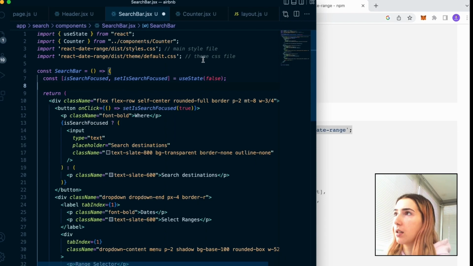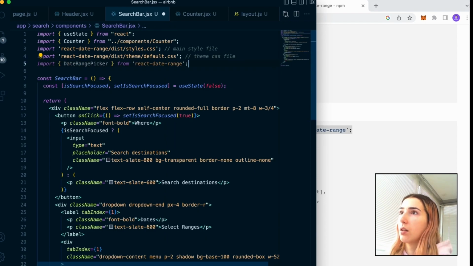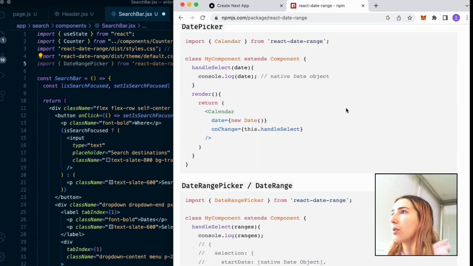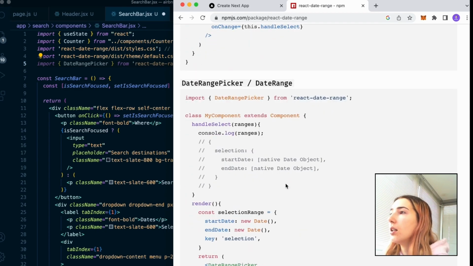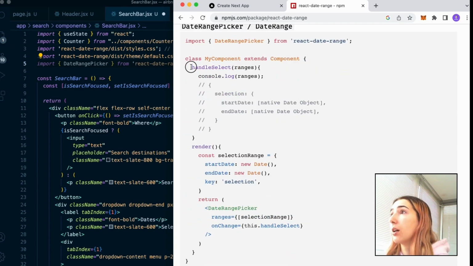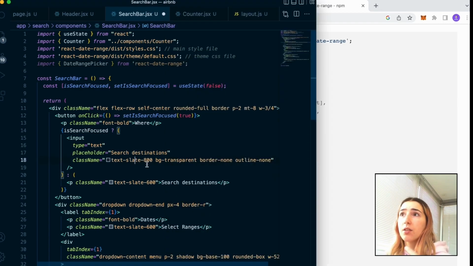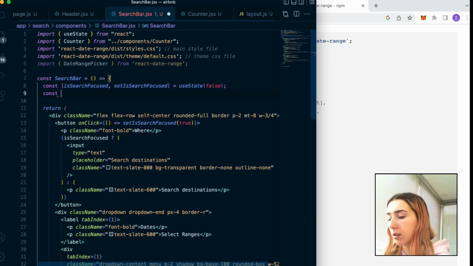So I'm gonna import the module here, and let's see how it works. They have it just like the calendar one, but we create a function that's going to handle the selection, and then we pass it this object as props here, and this object contains 3 fields, which is start date, end date, and a selection. So let's first create a state so we can keep track of what the start date and the end date are. So constant start date